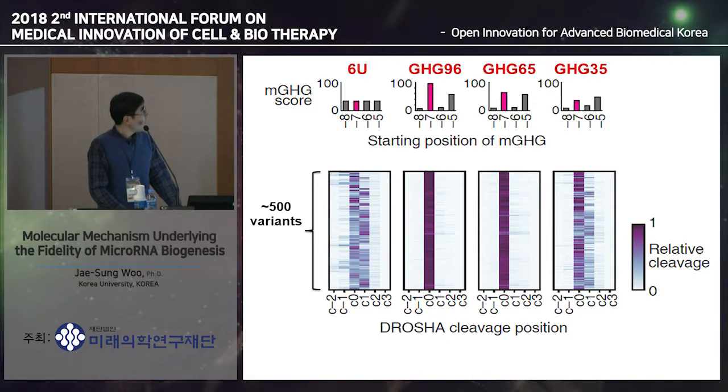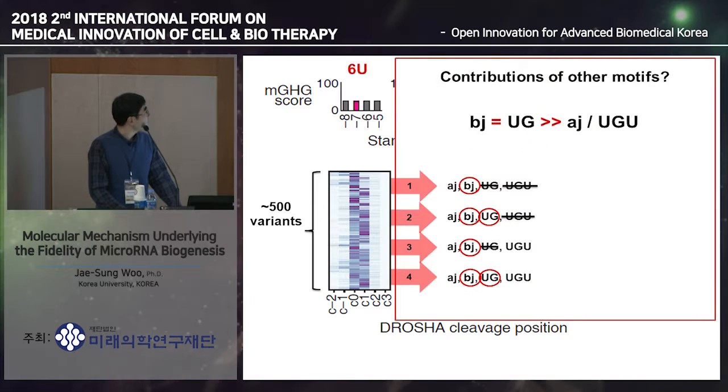But if it has a lower score than 35, then the cleavage pattern is heterogeneous again. That means this lower GHG motif is weaker or has comparable efficiency with the other motifs. Then how is the contribution of the other motifs? We separated this